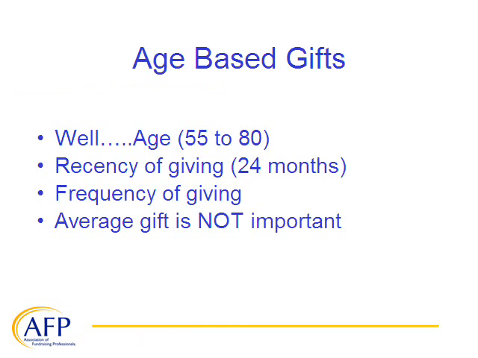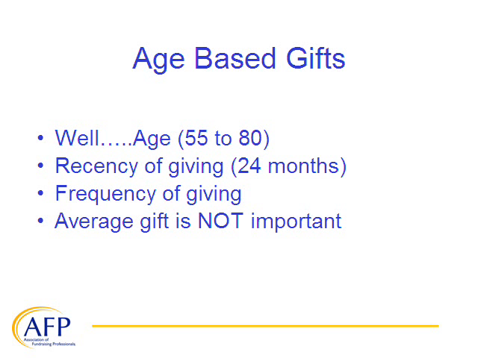So for age-based gifts, let's just touch on this briefly. What attributes do you want to look at to define a segment? Well, age. You probably don't want to spend time contacting or marketing to anyone under age 55. And if you know age, you probably don't want to spend a lot of time mass marketing to those over age 80. The 80s are the decade of change. That's when lifestyles change and sons and daughters tend to take over financial decisions. So 55 to 80 is a good age range for age-based gifts, and probably a good age range for wealth-based gifts as well.